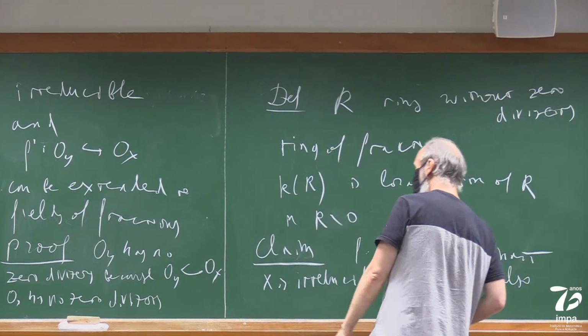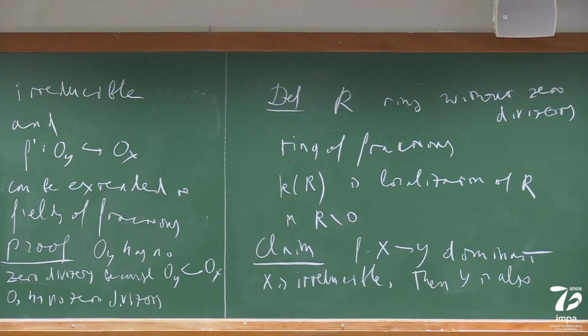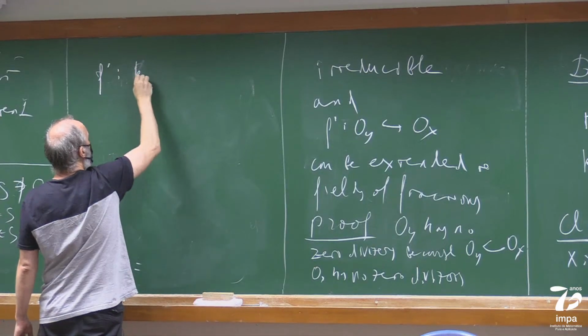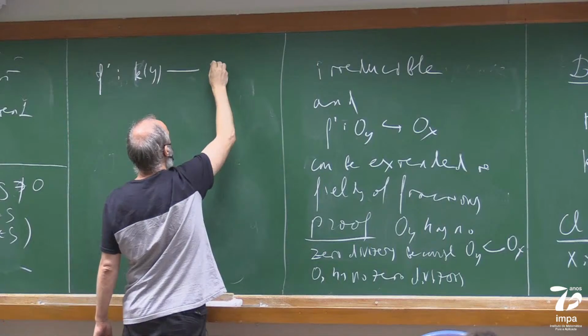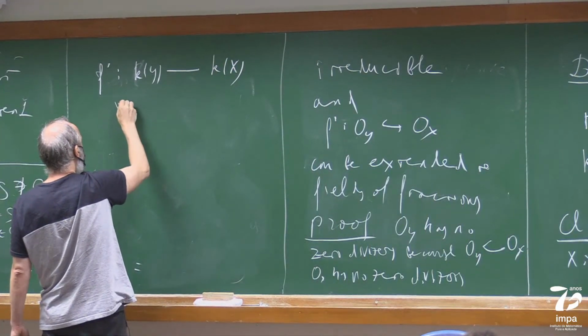Like f, the corresponding map f star from the ring of fractions of k of Y. This is the field of fractions on Y is mapped to the field of fractions on X